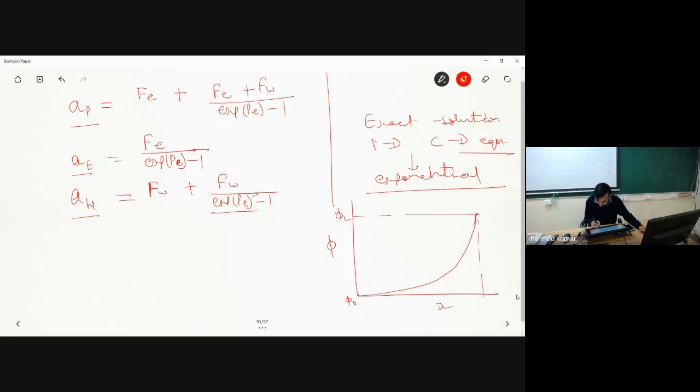Now, if you only take 2 points, say only this point and this point, then also what will it be doing? It will be giving your solution over here, and through these 2 points, you can join the curve. And if you take more points, then also it will give you the information about all the intermediate points, and the nature of the curve will once again remain the same.